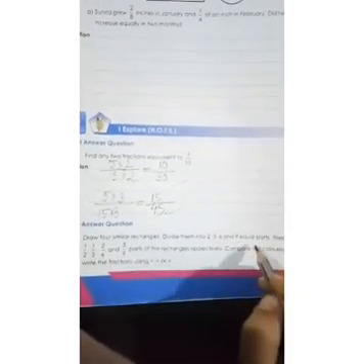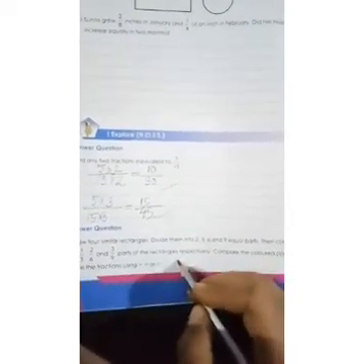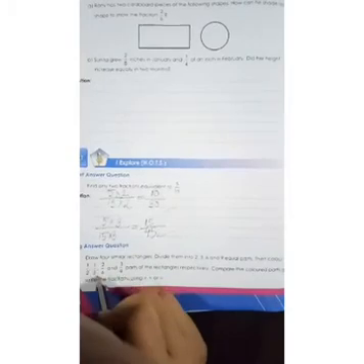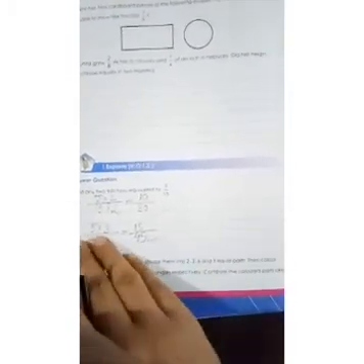Draw 4 similar rectangles, divide them into 2, 3, 6 and 9 equal parts. Then color 1 by 2, 1 by 3, 2 by 6 and 3 by 9 parts of the rectangles respectively. Compare the colored parts and write the fractions using the greater, smaller and equal sign. So what you have to do, you have to take 4 rectangles, divide them into 2, 3, 6 and 9 equal parts. Then you color the numerators 1 by 2, 1 by 3, 2 by 6 and 3 by 9. Then we have to compare which is bigger and which is smaller. So children, you can do this question on your own.